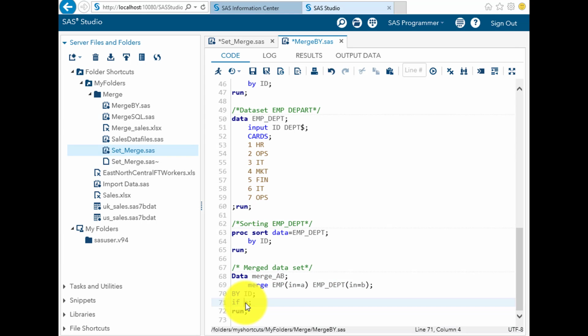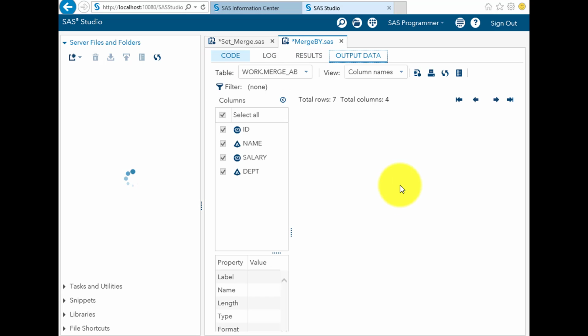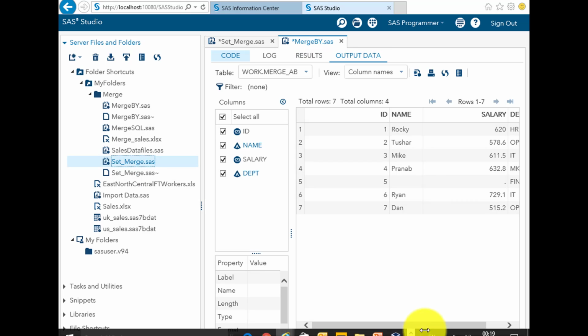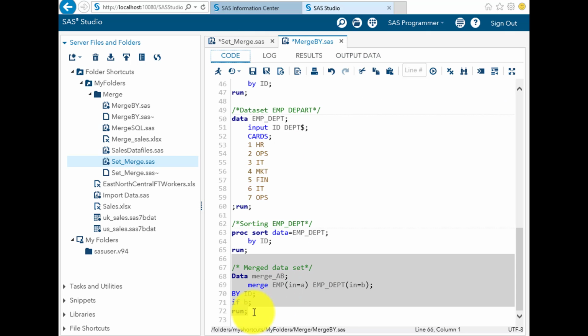Suppose we want to do a right join, we can do if B. So that's a right join. It is showing ID equal to 5 as well, but it is not showing the value ID equal to 8, which was there in A. So this is a right join. Okay, so we can just tweak around many conditionalities and work around to see different kinds of results with the different if statements. The last one is the proc SQL, which I mentioned.